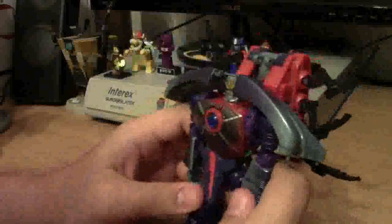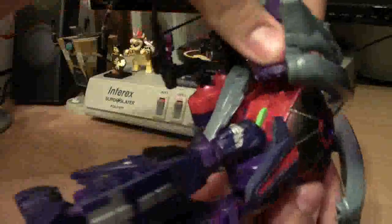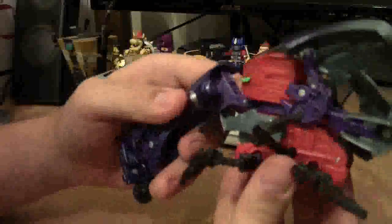Now let's go ahead and change him back into his big head mode. What you're going to want to do is bring those panels down and then just disconnect from the sides. Just pull up, kind of just grab the arm and pull up. There we go. Just get that all back there. Bring this back down and then